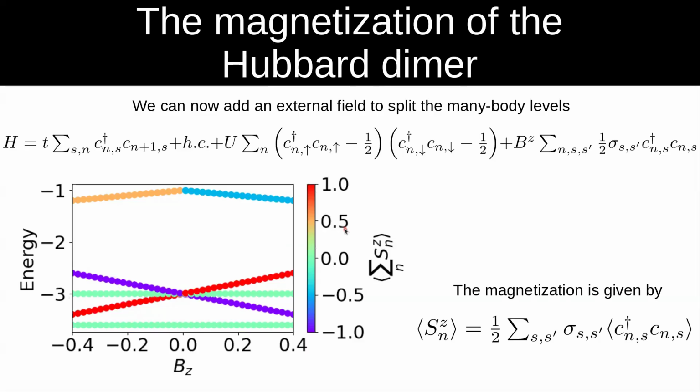Something that is very important is to understand what the excited states of the Hubbard model are, in particular in the case where interactions are very large. So what we can actually do to rationalize this is to take, again, our Hubbard model and now modify it in a slightly different way. Now we are going to add a net magnetic field to the